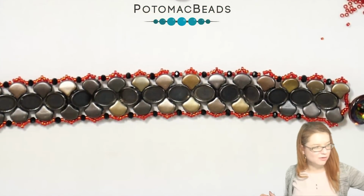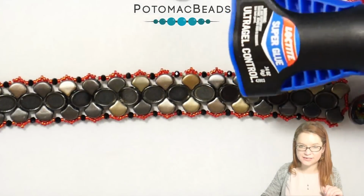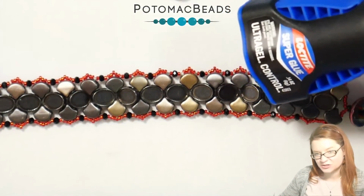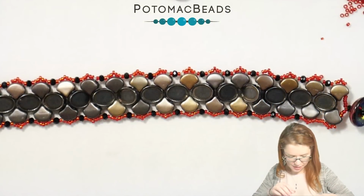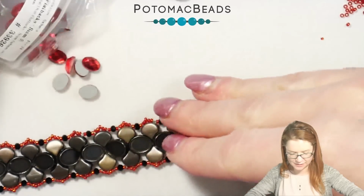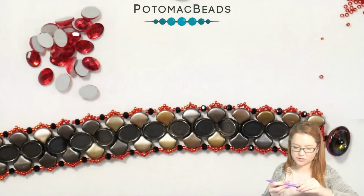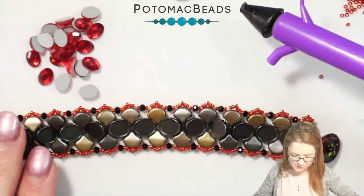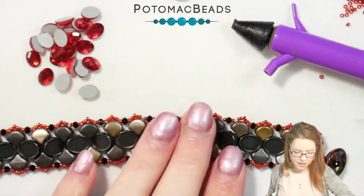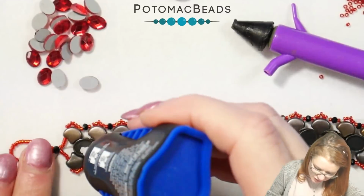So grabbing your flatbacks and your glue, I'm using Loctite, or if you have super new glue, you can use that as well, or any kind of super glue that you would like. And I'm using my red Siam flatbacks here. And I also have my Crystal Fix pickup there. And what you'll do, now a little bit of this glue goes a long way, so you'll just kind of put